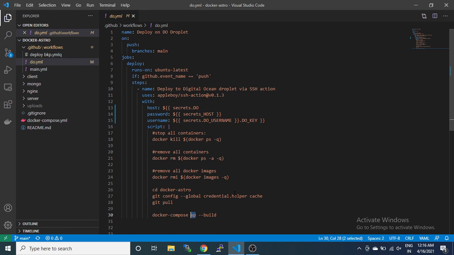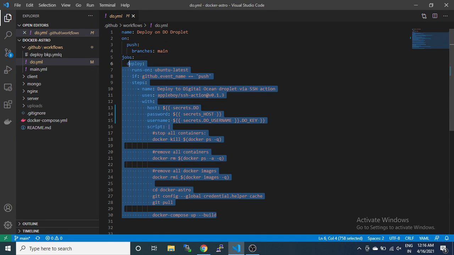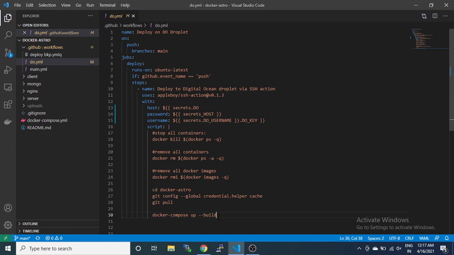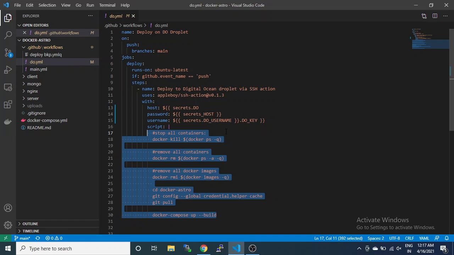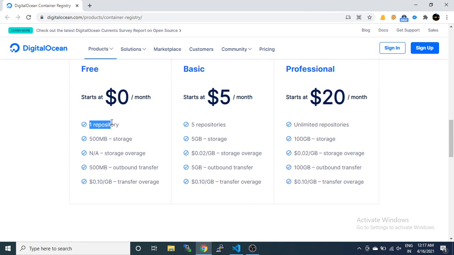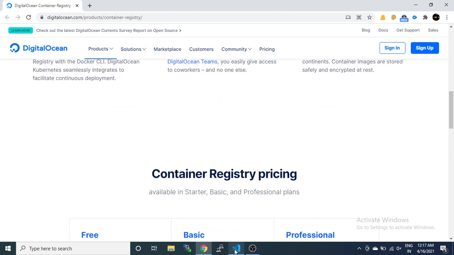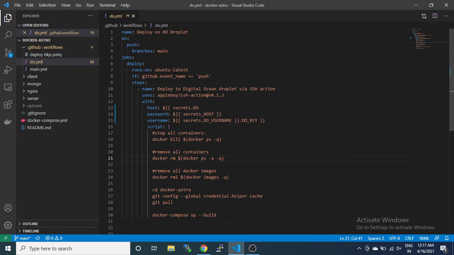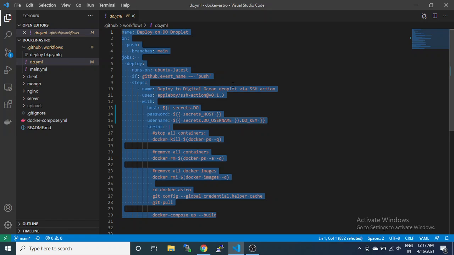So only a few steps are required to deploy your application on the Droplet. It's very simple, and you can do it yourself with only these steps. You will not require buying this registry, or using the free version, which also has limitations of only 500 MB storage. So you can use this alternative to deploy your application using CI/CD.